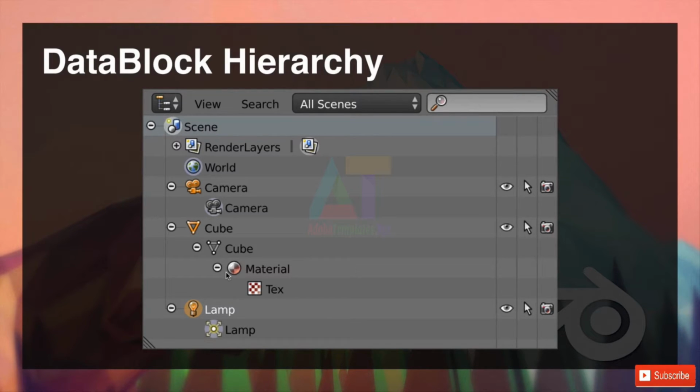Now beneath each one of those three we also have more details, each of which is a data block. So the camera will contain the camera properties beneath it, and the lamp would contain the lamp properties beneath it. And looking at the cube, there's a data block which holds the mesh information, which is the grayed out triangle. We've got the material information, that's another data block, and then beneath that there's texture information that's applied to